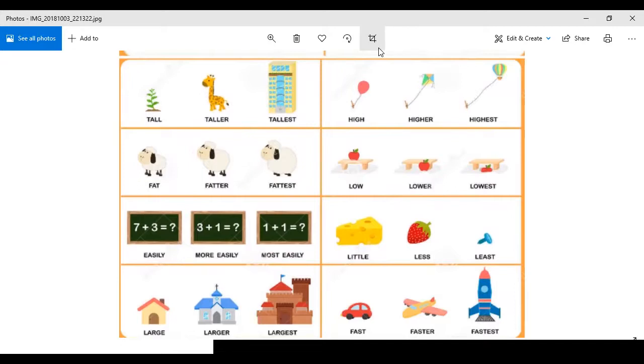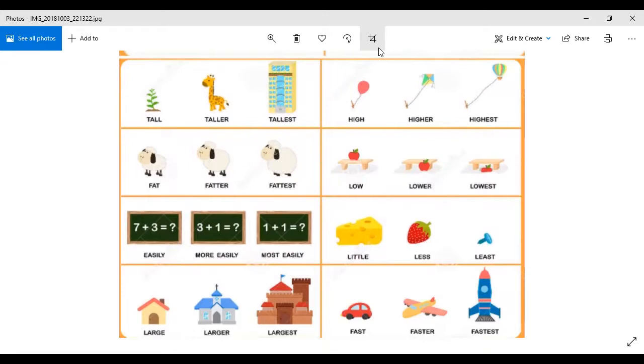Let's say the word tall. While we were discussing this, I told you that when we talk about the height of something in a vertical manner, we use the word tall for that, right? And when we talk about the height or length of something in a horizontal manner, we use the word long for it. Like you can call it a long snake and you will be calling it a tall zebra, right? Not a tall snake and a long zebra. Remember?